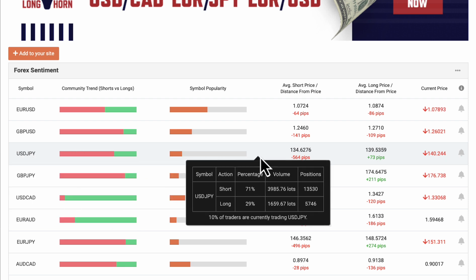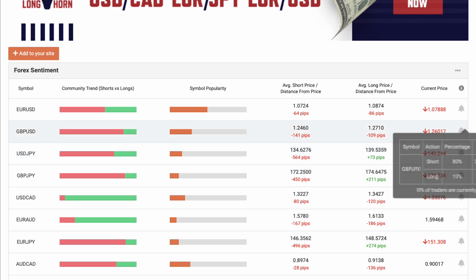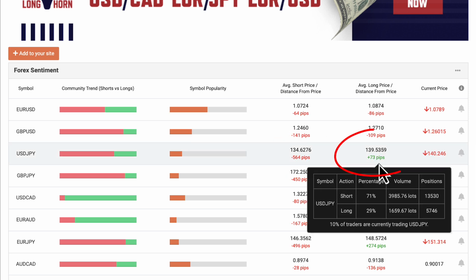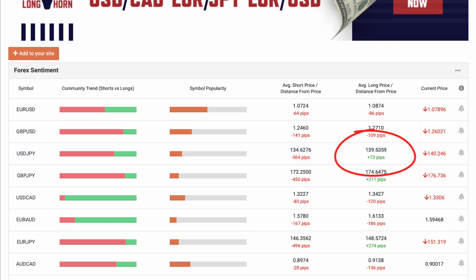Let's have a look at what the difference is between the longs and the shorts. I'm going to try and zoom it in and not hover this thing over here. I'll try and circle it in the video. In terms of short positions, the average short distance from the price currently is at about 564 pips. So on average, the short positions, that makes up 71% of the overall positions, are 564 pips offside, and the long positions are 73 pips onside. So very weighted to the downside in terms of positions, and also in terms of the amount of loss that